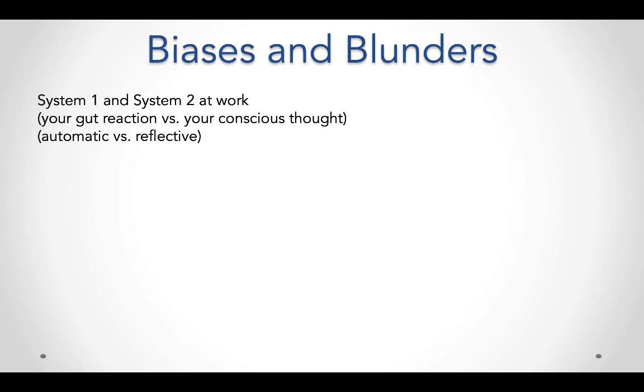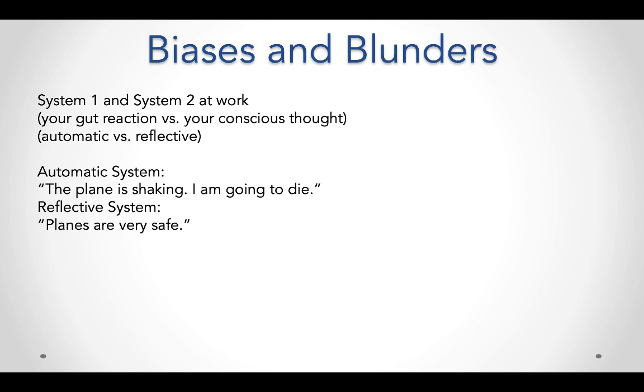System 1 and System 2, our good friends from Lecture 1, are back here. We call them gut reaction and conscious thought. We call them any way we can, but System 1 and System 2 are the most official names, as you know, automatic versus reflective and so on. So the automatic system will tell you the plane is shaking, I'm going to die, when you travel, right? This is it. It's a cohesive story. It is triggered by some kind of emotional response. And System 2 says, actually, planes are very safe. The probability of dying from a plane crash is very, very small. You're much more likely to die from a hot dog or